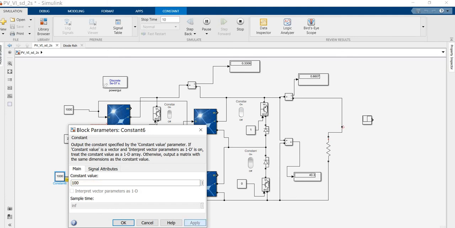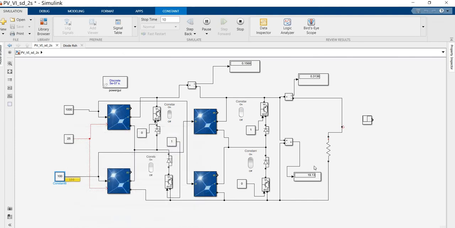So apply. Now please see what the current is here, 0.15 amps, that is 0.31 amps. The voltage will be changed. Now the voltage has changed. That is the difficulty on the system voltage. Now I am going to switch off, which means disconnect this bypass diode. The current flow from this leg is disconnected.